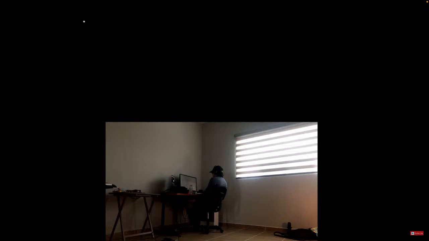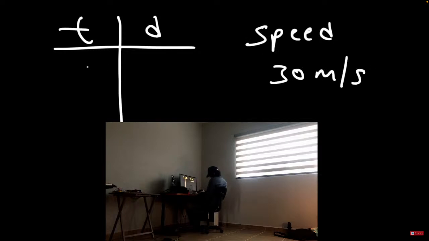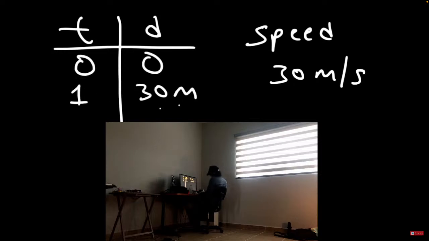So we can make a table. Let's put t for time, d for distance. So if the speed is 30 meters per second, every second the distance traveled will increase by 30. And so that's what speed tells us. It tells us how fast the distance traveled by an object is changing every